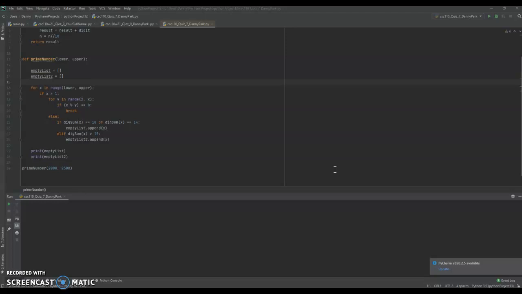And for this quiz, we are made to find all the prime numbers within the range of 2000 and 2500, and list them out into different lists. We have two lists. One of the lists only has prime numbers that have a digital sum of 10 or a digital sum of 14, which is empty list 1. And a second list with only prime numbers that have digital sums over 15, which is empty list 2. And if I run the code,